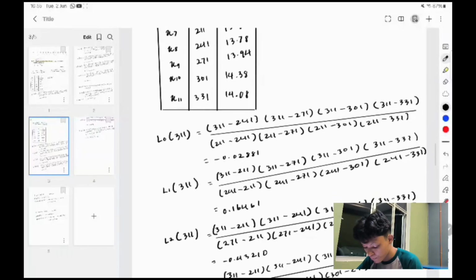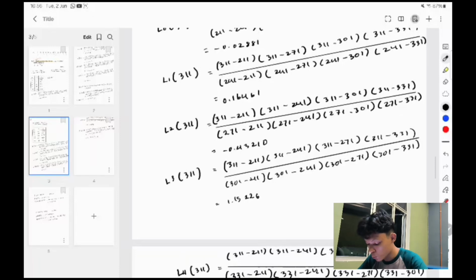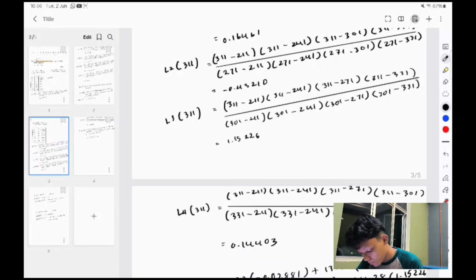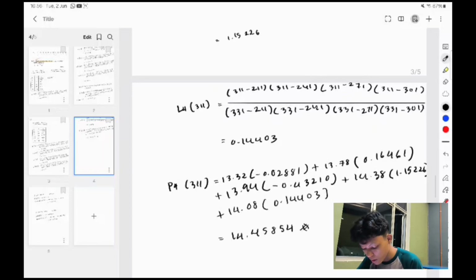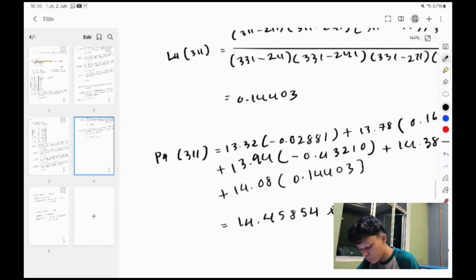For L0 we got negative 0.02881, and for L1 we got 0.16461, and for L2 we got negative 0.43210. For L3 we got 1.15226, and the final one is L4. We got 0.14403, and then after we collect all L values, we substitute them into the P4 formula, which this is Y0